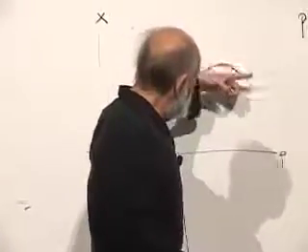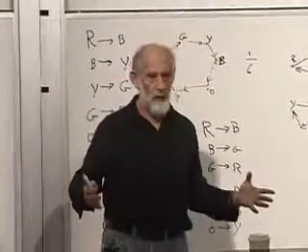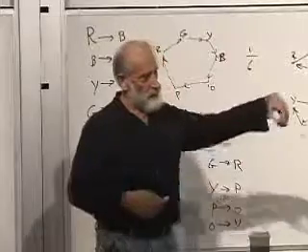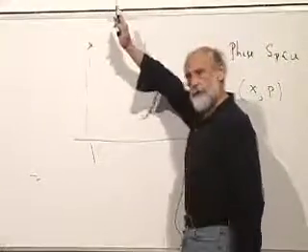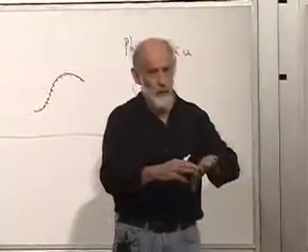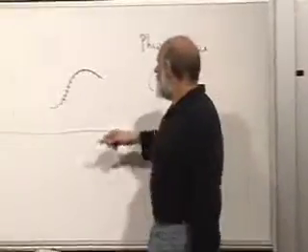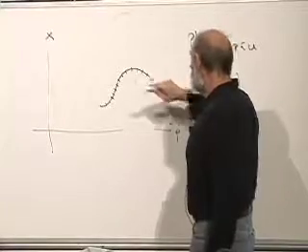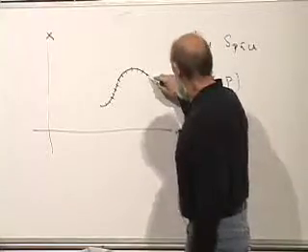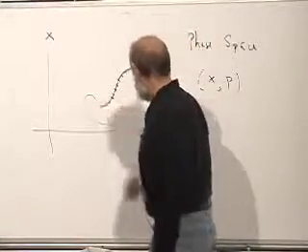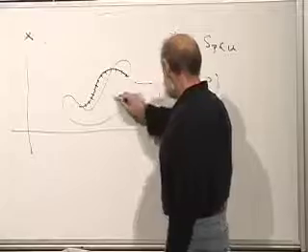In some of them, the trajectories just wander off and go to infinity. For example, for a free particle, if you give it a shove, it just goes off to infinity. Its momentum doesn't change, so p is constant, but x just goes off to infinity. But for the kinds of systems we're interested in, the systems which are contained within finite boxes, as a rule, the system will not leak off to infinity, but it will somehow usually wind up coming back, or perhaps not coming back to exactly the same point, but